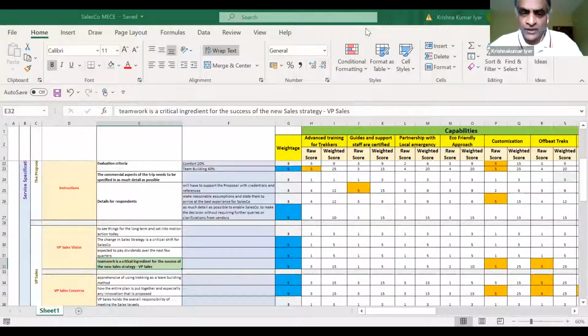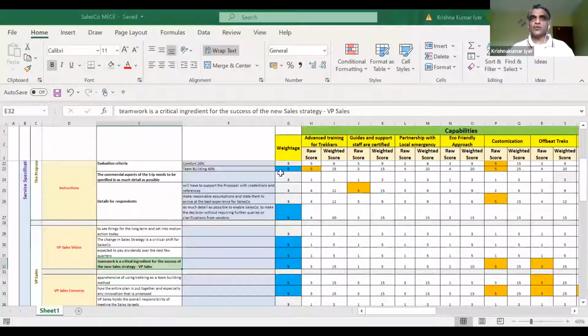Once you have done this, hopefully you're able to see this spreadsheet on your screen. Don't worry if it looks a little complex. I'll walk you through; it's pretty straightforward. Once you have identified these issues, you just want to list them down on a piece of paper, or put them in an Excel, whatever makes sense to you.